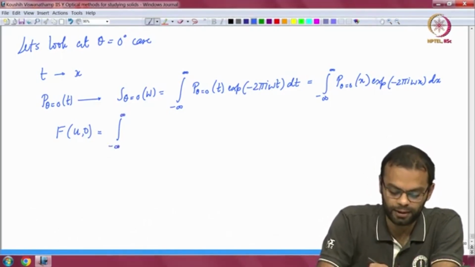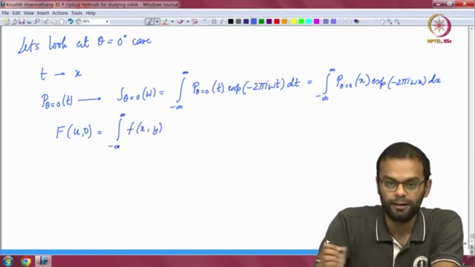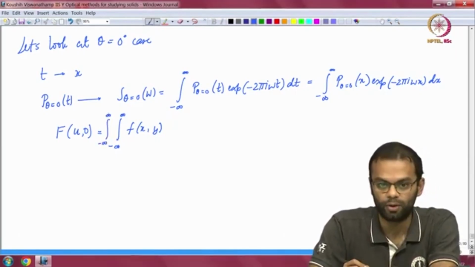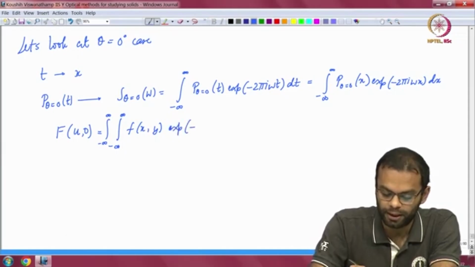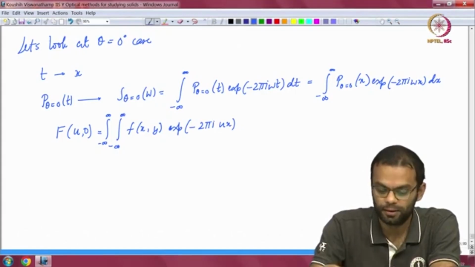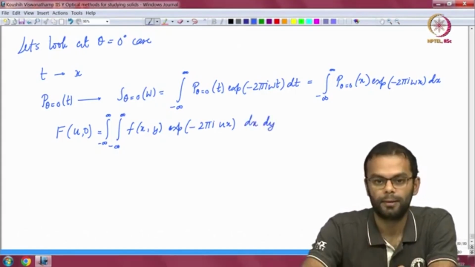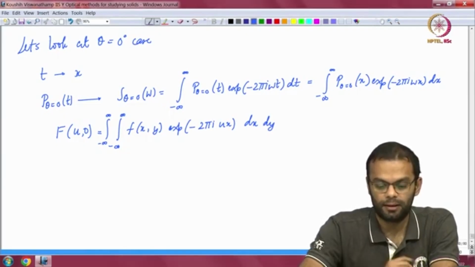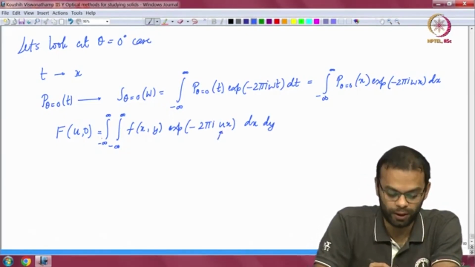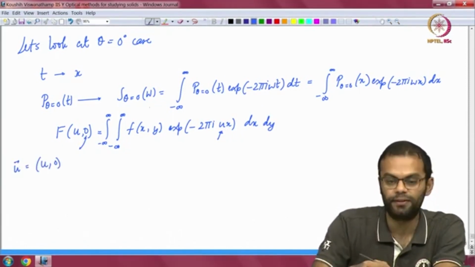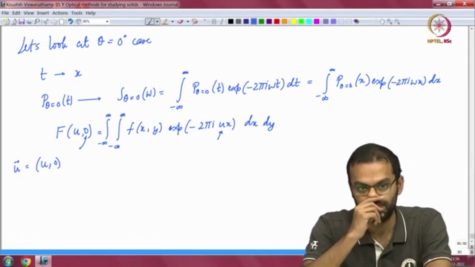So, it is minus infinity to plus infinity double integral of f of x comma y, because you are integrating over x and y, exponential minus 2 pi i u x, because v is 0, dx dy. Okay. There is no v here because v is equal to 0. So, we are looking at the frequency vector u bar, which is basically u comma 0, right,